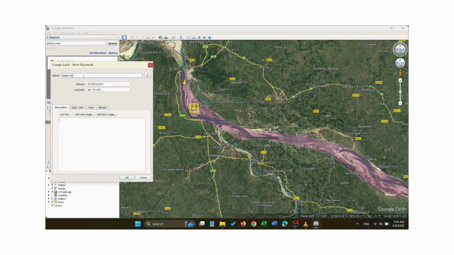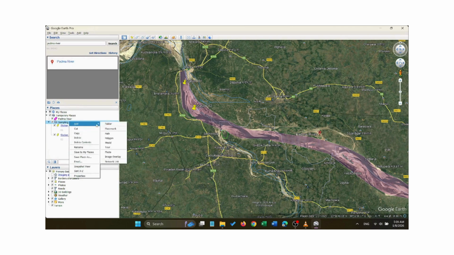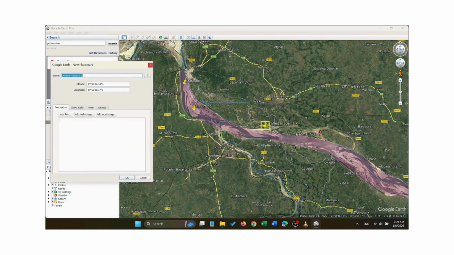This is our station 2. Then press OK. Then again similarly from sampling station, add, press mark,